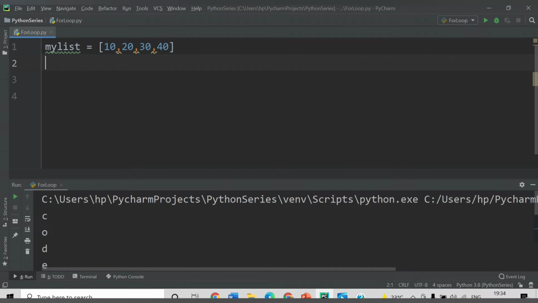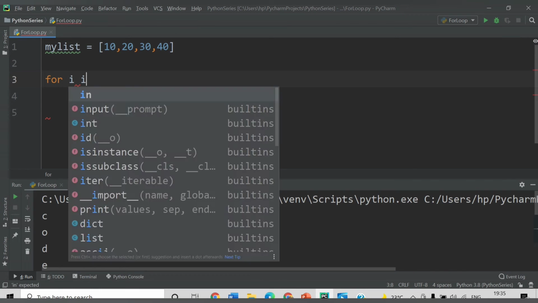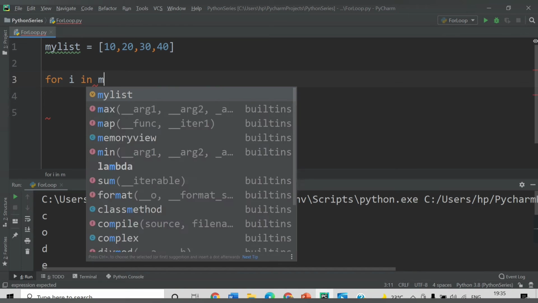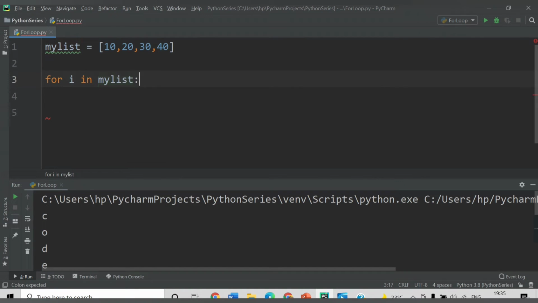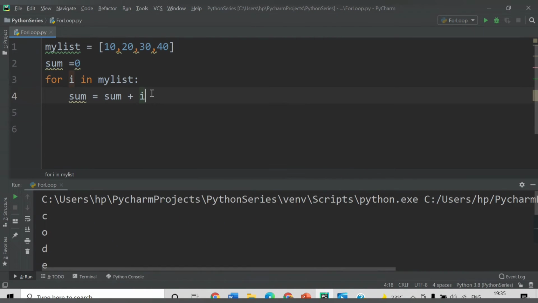So how can you do this? You can make use of a for loop here. You can say for i in my list, so it will have access to this list. And you need to declare another variable here, sum, which will have an initial value of 0. Now we will add to this sum, like sum equal to sum plus i, only this statement.